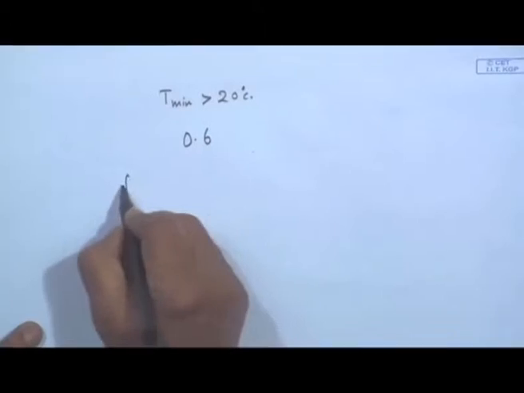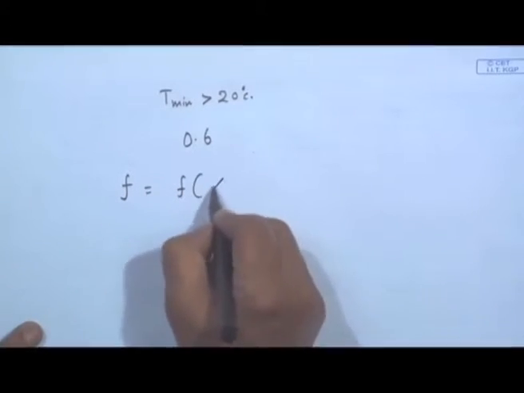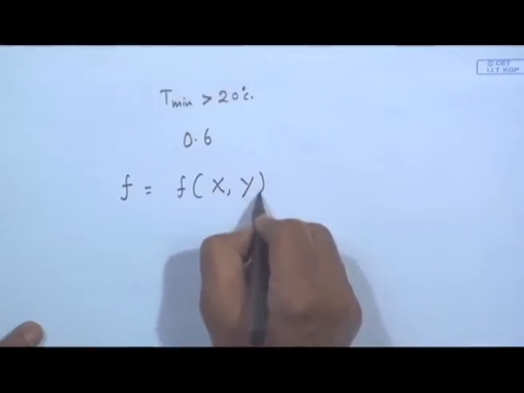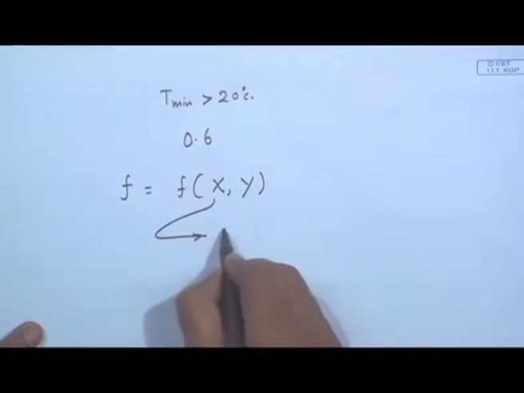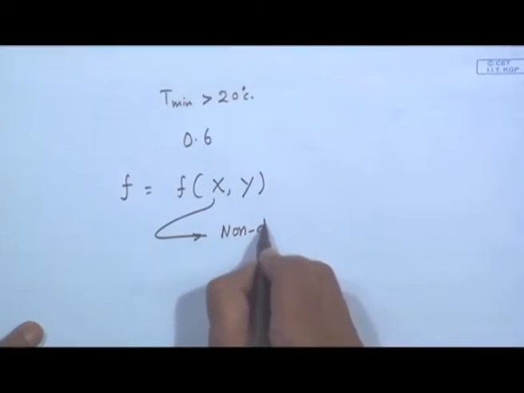So, this F has been correlated as a function of two non-dimensional parameters, one the non-dimensional collector loss